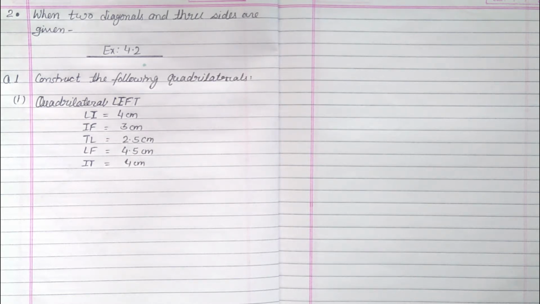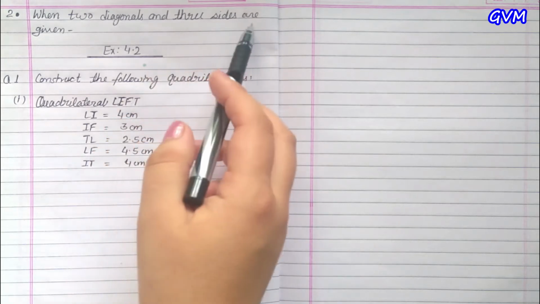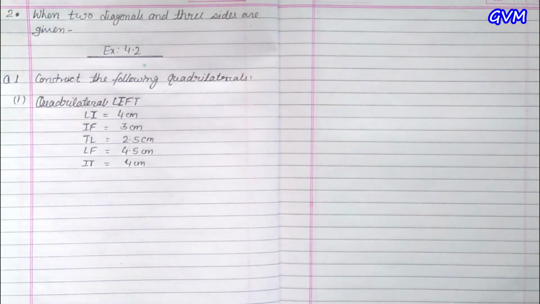We have a total of 3 constructions in this exercise and all are similar. Only the last construction is constructing a rhombus. For a rhombus you know the property that all the sides are equal, so you can easily take any 3 sides and a diagonal will be given. I am only going to construct the first part and the rest 2 parts you have to do by yourself.